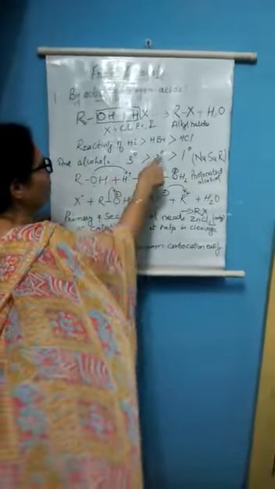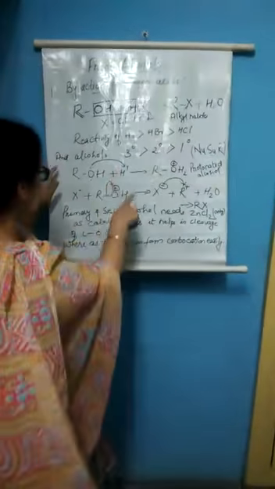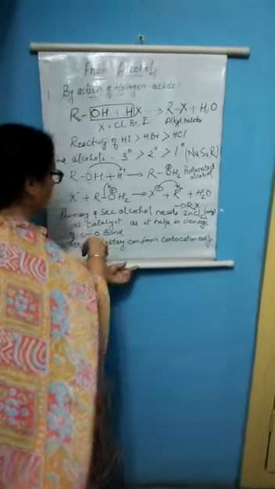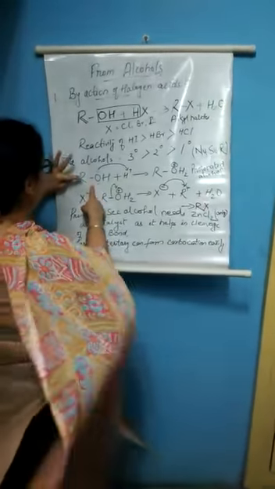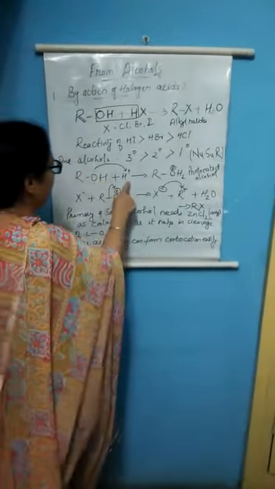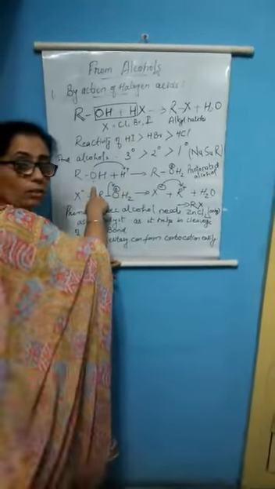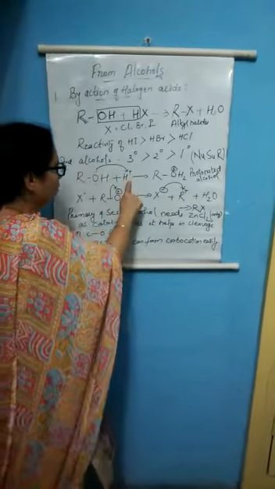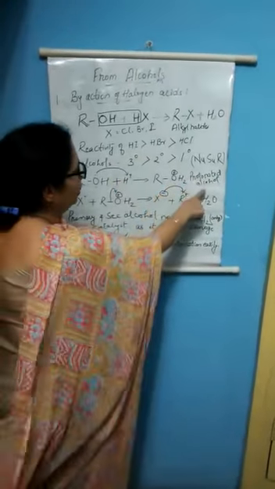The reason why the first degree is less reactive is that first degree and second degree alcohols need a catalyst, anhydrous zinc chloride, to break the bond between R and O. This R-O bond has to be broken to form alkyl halides. It is broken when an acid H plus cation comes and attacks the alcohol. The pair of electrons present on the alcohol is given to the hydrogen atom, forming a protonated alcohol.